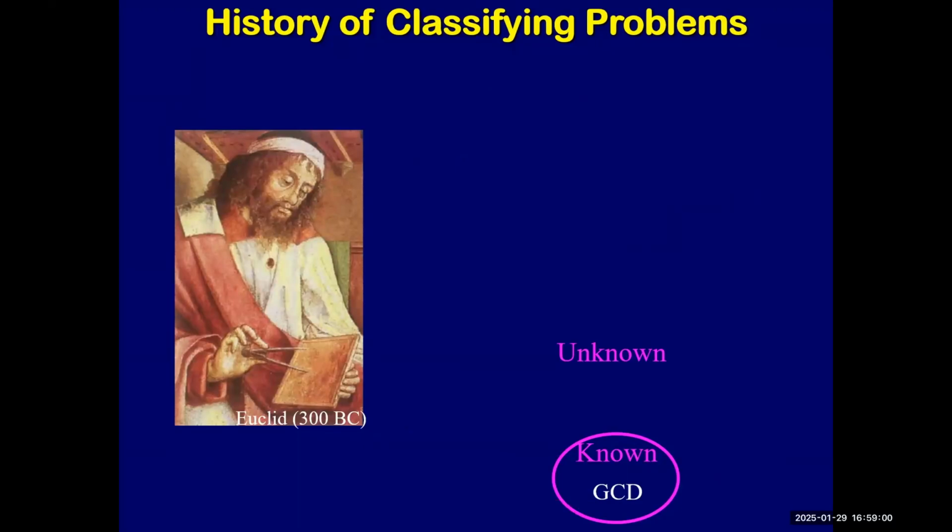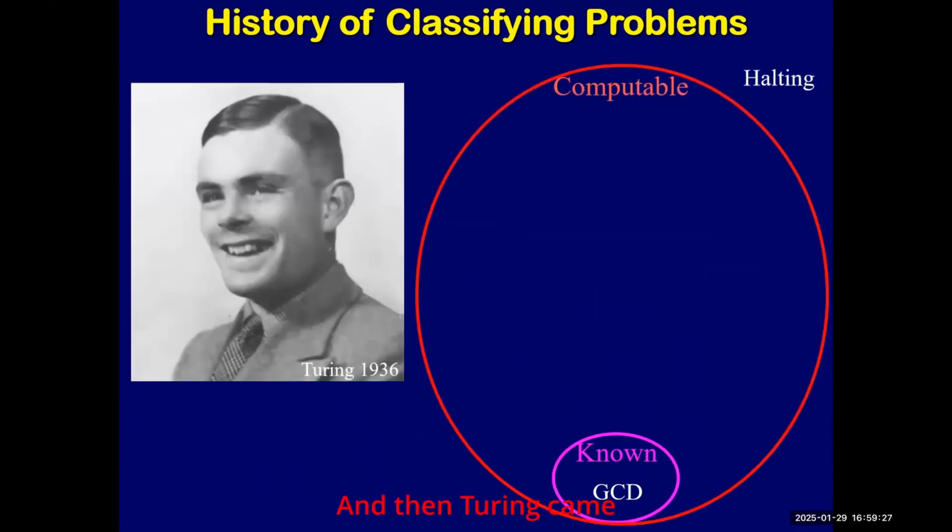Classify problems based on their running time. All right. So back in Euclid's day, he was credited with coming up with the first algorithm, which was for GCD. I don't know how the pyramids were built when they didn't have any algorithms before this, but okay. So back then they said there are algorithms that we know and there are algorithms that we don't know, right? And then